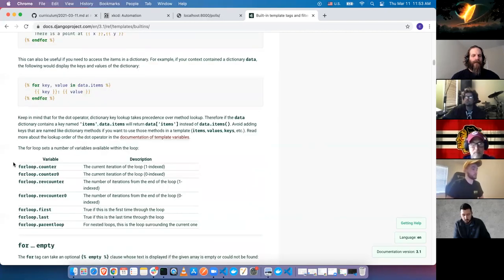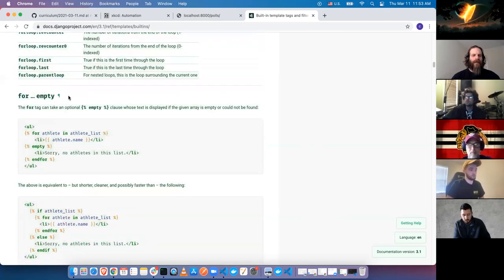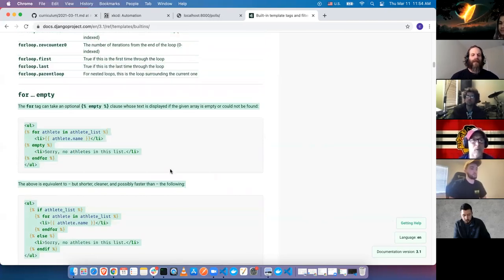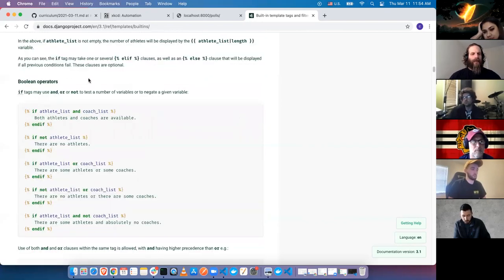And there's some other things you can take a look at. There's some other extra fun variables. For empty, this is just a convenience function. Sometimes you want to do this as we have: you can have a for loop and then if else statements, or you can simplify a little bit with for empty. And there's also, in addition to that,